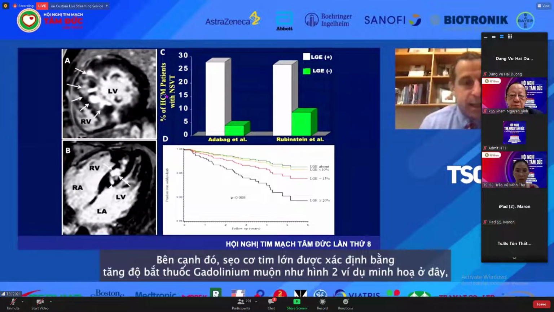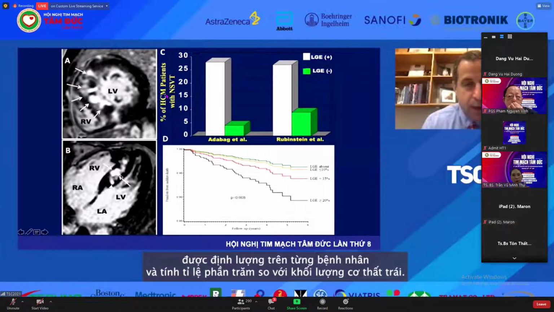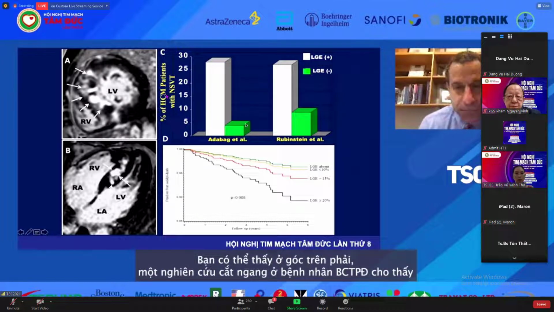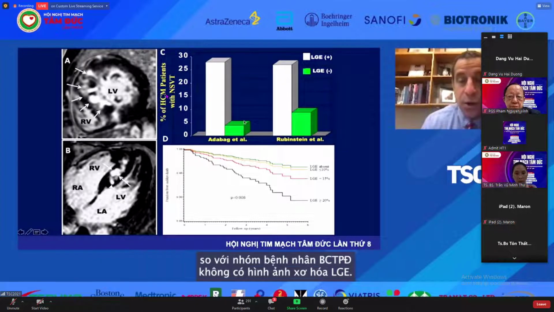In addition, extensive myocardial scarring identified as late gadolinium enhancement. You can see two examples of the extensive scarring by the uptake of gadolinium, with bright areas of late gadolinium enhancement identified by the arrows here, which can be quantified in individual patients and expressed as a total percent of the LV mass. You can see in the upper right that initial cross-sectional studies in HCM showed a significantly increased risk for ventricular tachyarrhythmias in HCM patients with LGE or scar identified by MRI compared to those HCM patients without